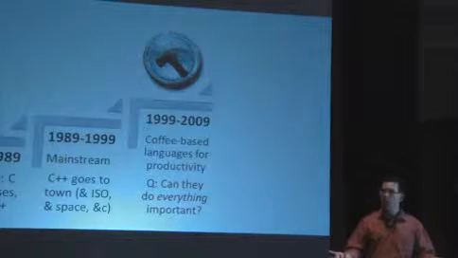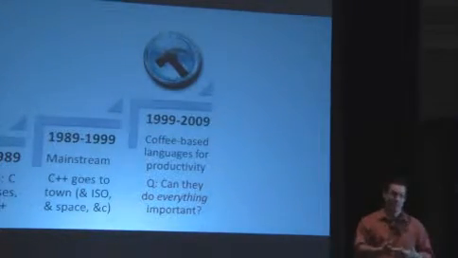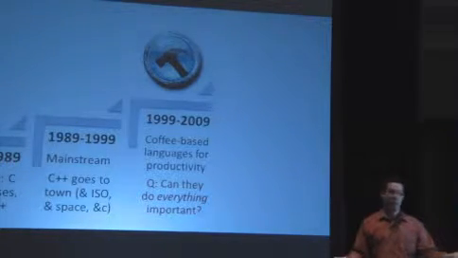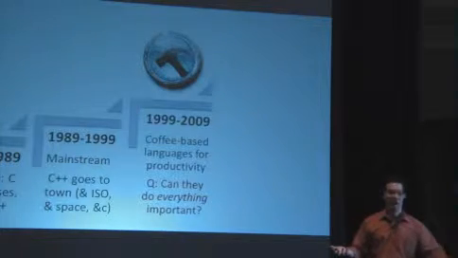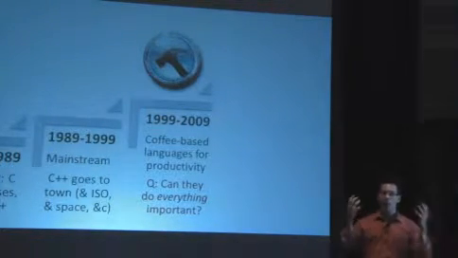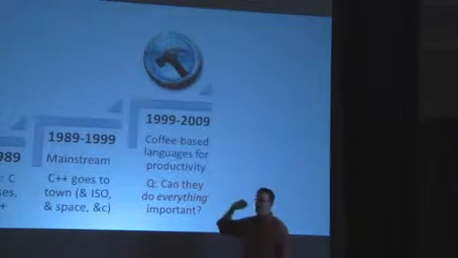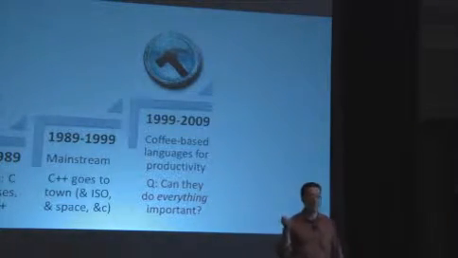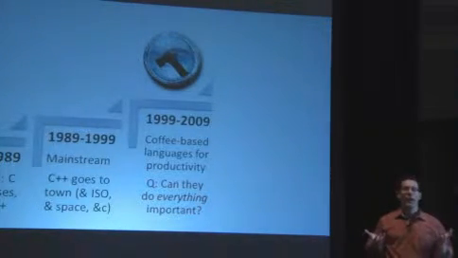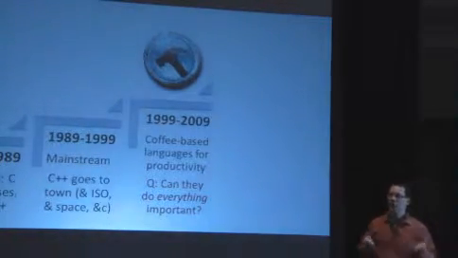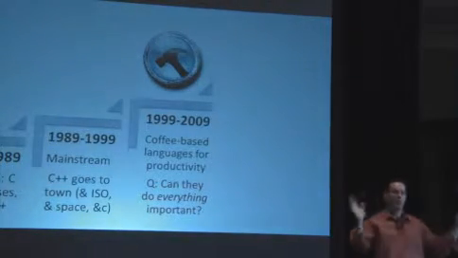There will always be a place for languages that favor performance over productivity when they're in tension, and they're not always in tension. var in C# and auto in C++11 are just as convenient, and we do it in C++ because it doesn't cost you anything. So we'll talk about that emphasis. But with what I've heard some people call coffee-based languages, I like that term, so I stole it shamelessly. With the rise of the coffee-based languages, a key question became asked. One that I heard a lot in developer division at Microsoft, and I heard a lot in other places throughout the industry.